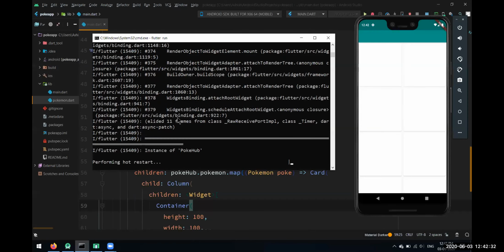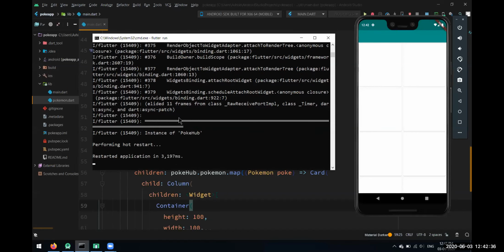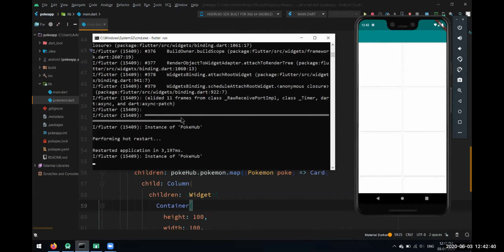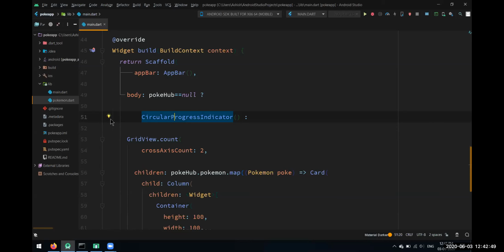I'll press a hot restart now. See, we are getting a circular progress indicator over there, and as soon as we got the data, our widgets got built. Let's wrap it in a center widget so that it comes in the center.